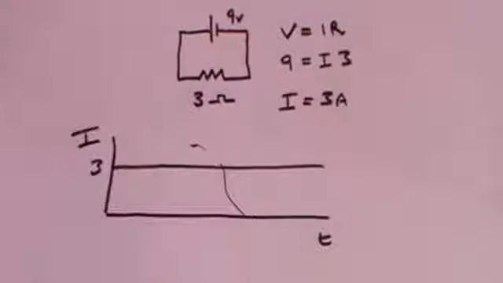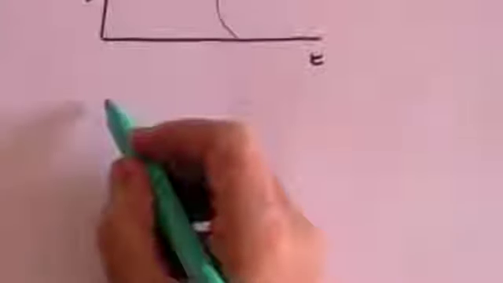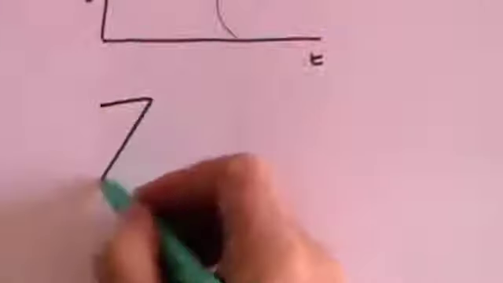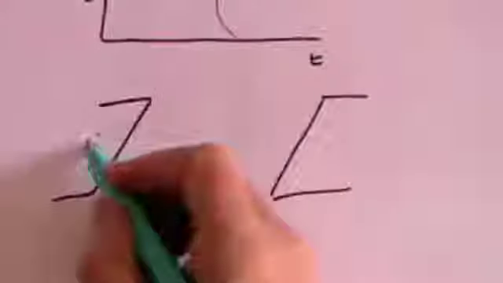Well, you will find more details on the video I've already produced called Electromagnetism Part 2 in the A-Level Physics Revision series, but I'm going to go over the ground again here. What we're going to look at is a very simple electrical generator. This is basically what drives the whole of our economy. This is how we produce electricity. We take a magnet, this is the north, and this